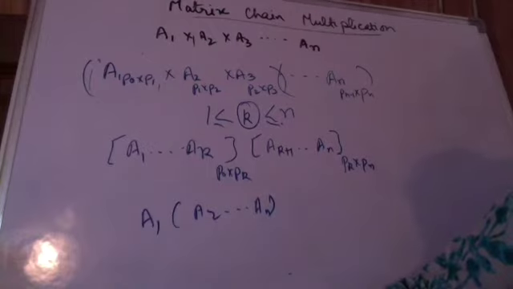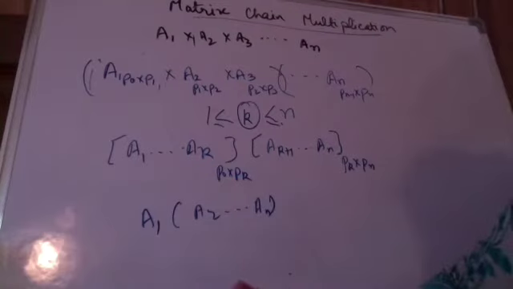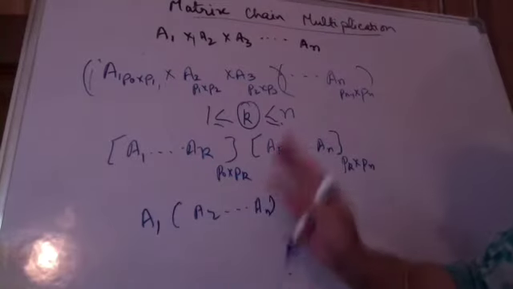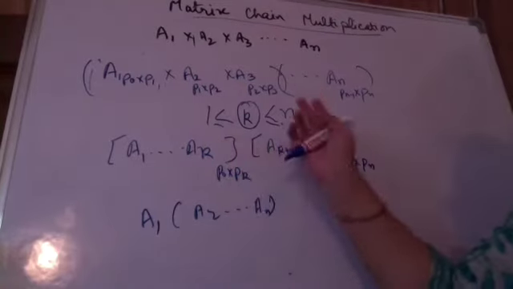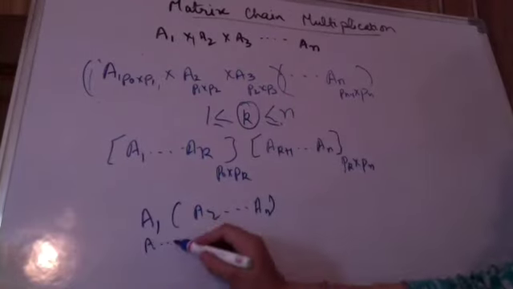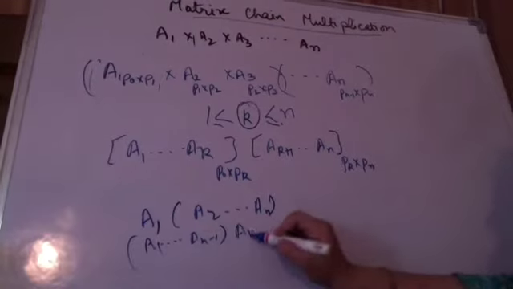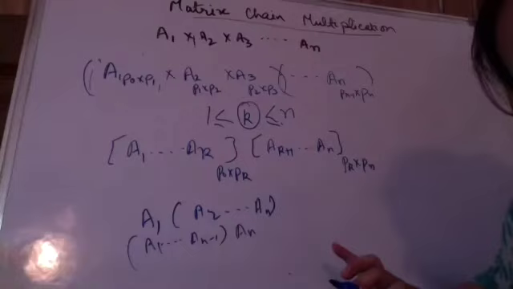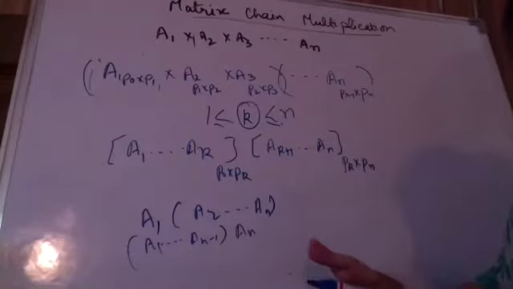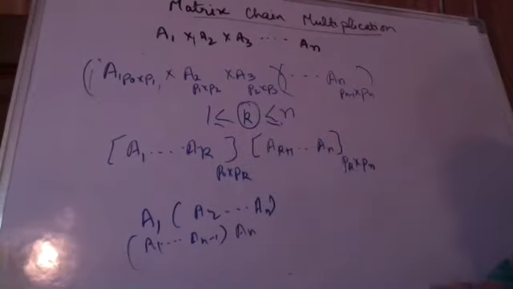ये क्लियर हो गया ना सबको? What is the difference in not including and including it? Yes, ma'am. Minimum value of K can be 1 only and maximum can be n only. कि we are in that case multiplying A1 till AN minus 1 and then I am multiplying it with AN. ये भी possibility है ना? In parenthesization it is also a possibility. So considering these two, I am putting the equal to sign also. Fine.